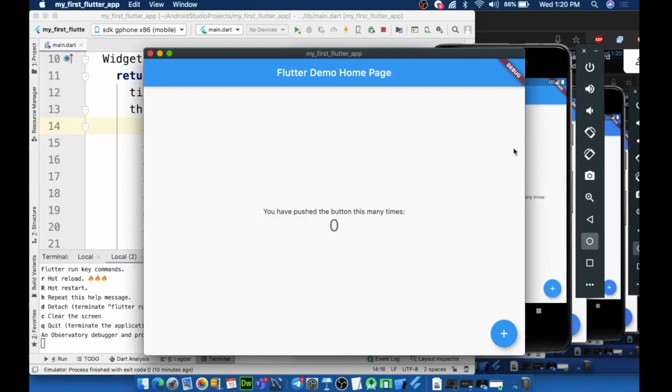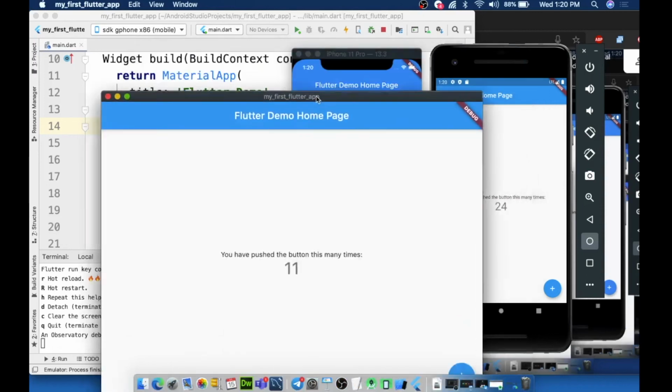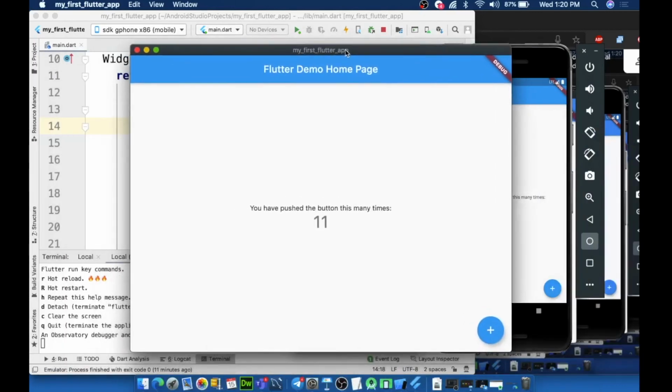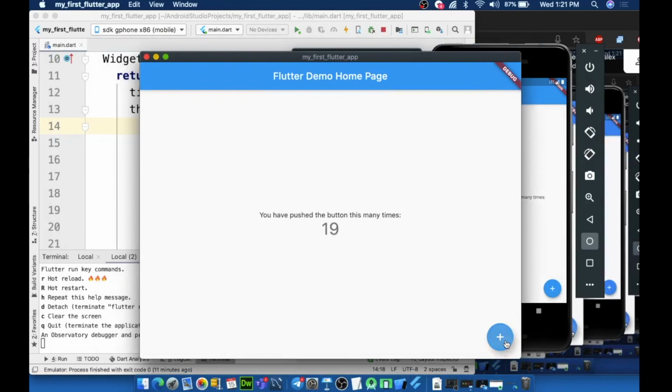Okay, do you see something now on the screen? This is essentially the same application running on macOS. This is a desktop application. Can you see this one over here? This is a desktop application. This is not running on an emulator. This is an actual desktop application. So Flutter is that powerful. You write one code, it can literally run on any platform, like any platform.